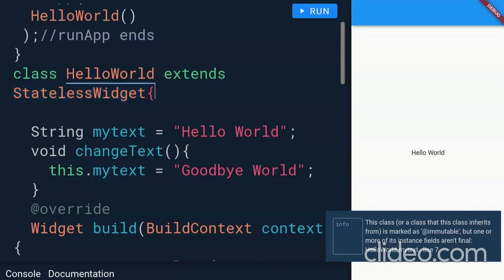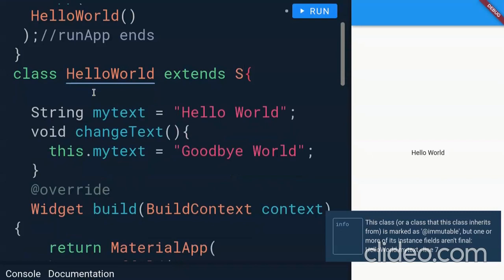Okay, so we have to use a stateful widget, which is dynamic, which can change in response to an event. If I use a stateful widget instead of stateless widget and then I set my state, it will start working. So our plan now is just to replace the stateless widget with a stateful widget, because stateless widget is static and this is not working out for us. Stateful widget will be dynamic. When the event occurs, we will just change the state by using the setState function, and Flutter will automatically redraw the user interface for us.